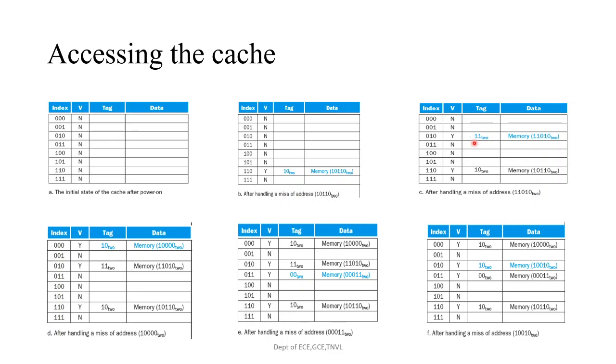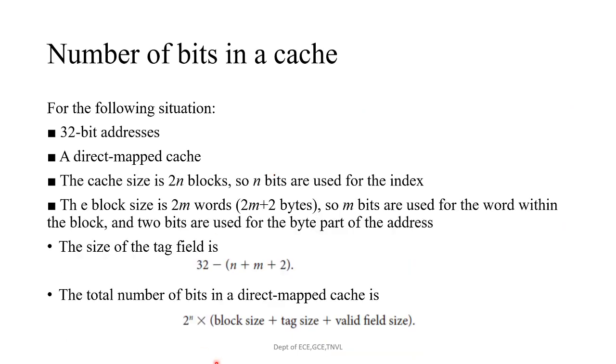once the miss request is satisfied, that is the data is brought from the memory, then a miss will change into a hit, and the no valid bit field will change into the valid field. So once the data is fetched from the memory, the valid bit is changed into yes. Here also it is changed into yes, but initially it will be no. If you compare these two tables, initially it is no, but once the data is fetched from the memory, it is changed into yes. So this is how we calculate the total number of bits in a direct map cache.